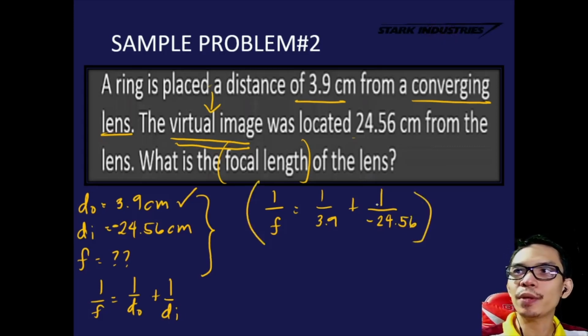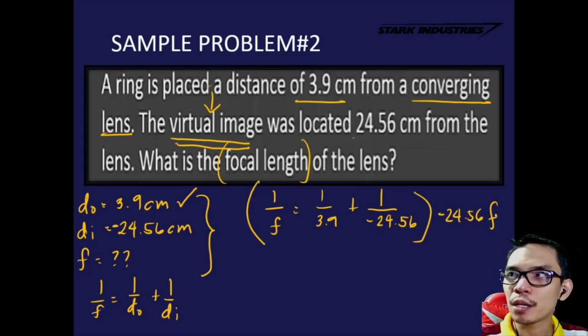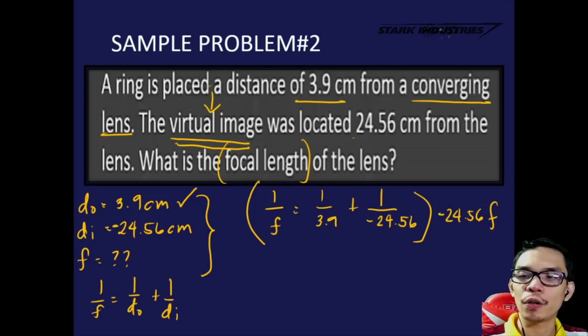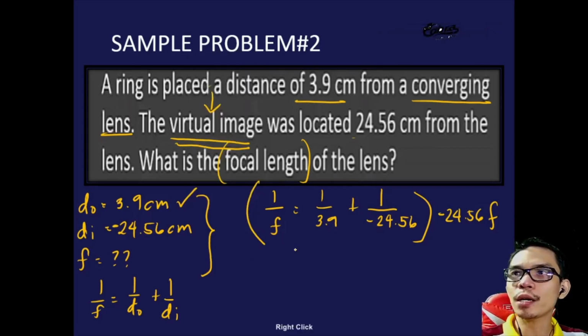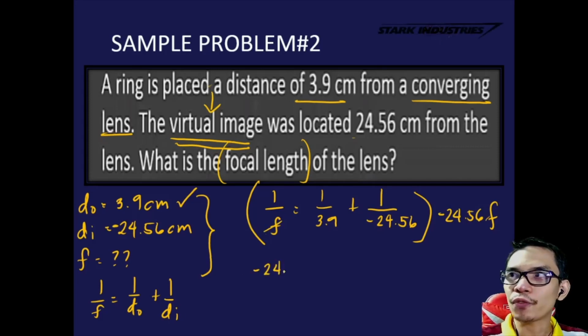Therefore, we are going to use the negative 24.56 as our least common denominator, or least common multiple. So let's go now with our process. In this case, cancel the F. So we have negative 24.56 is equal to